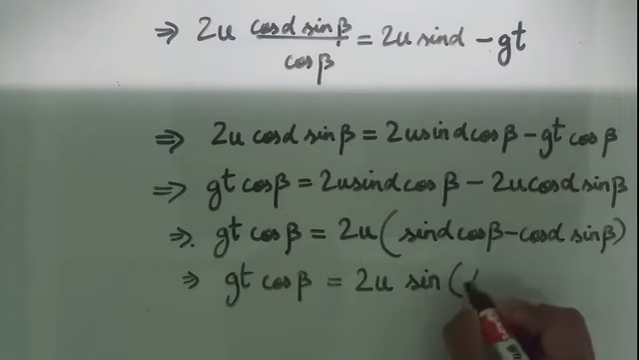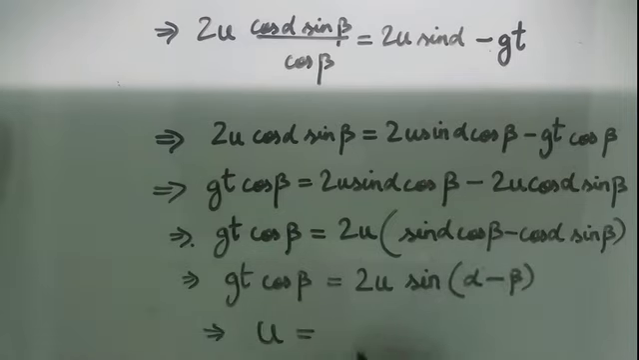This one you can write as sine alpha minus beta. Okay, so we are done. U equal g t cos beta by sine